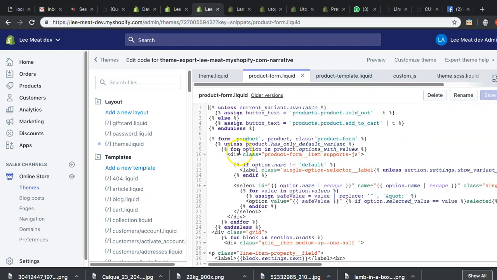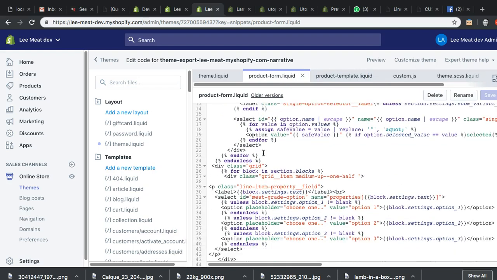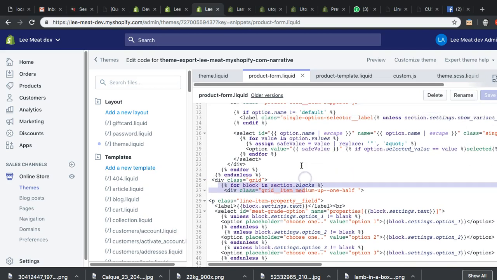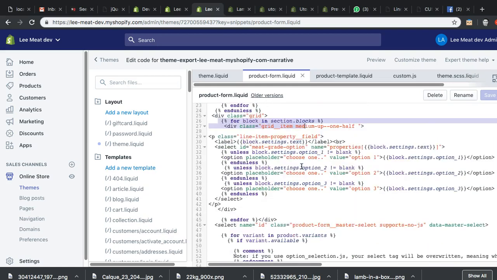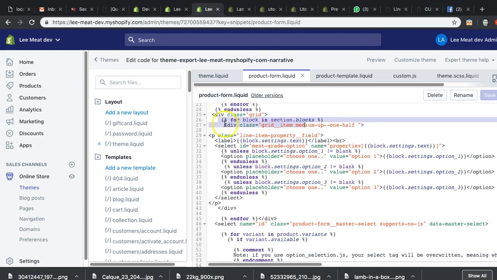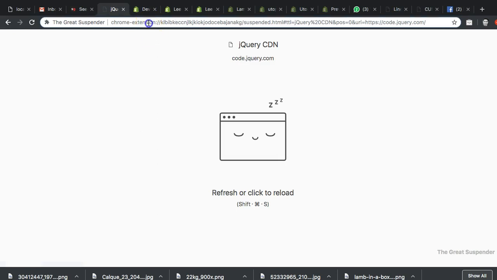And then I ran a loop here, which was 4 blocks in section blocks. Oh, sorry, wait, that's not correct. Yeah, 4 blocks in section blocks, that is correct. And then because we're only working with one value, I just created a label and I put the block setting, I created the select. I basically just used the Shopify UI elements generator,